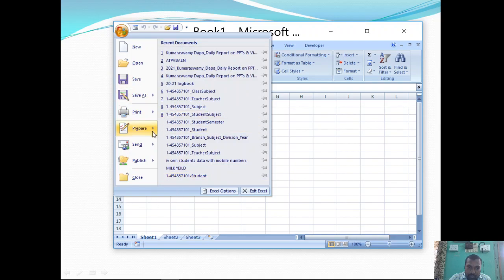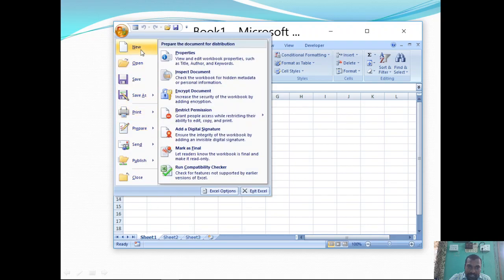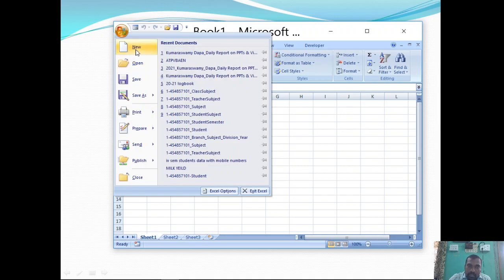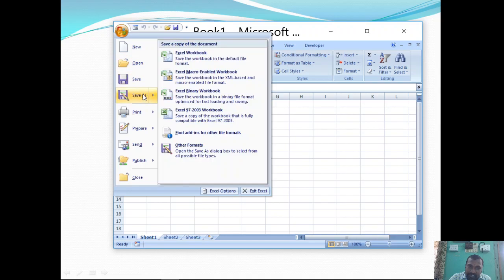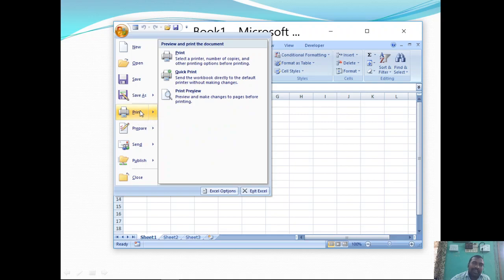The frequently and most repeatedly used commands are new and open. The new command we use to create a new document. Open, to open already existing worksheets or workbooks. Save and save as commands to save the documents, and the print command we use to print the Excel spreadsheet or document.